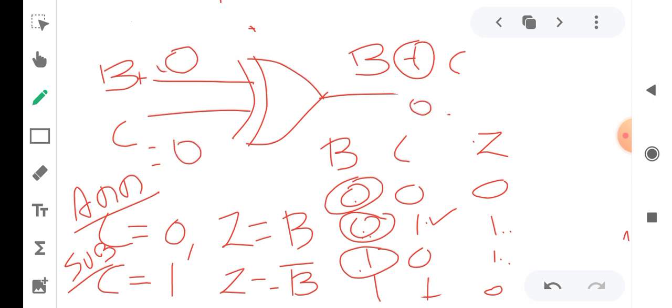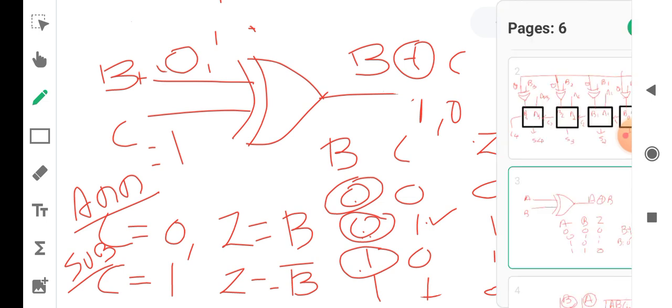If you give 1, then it is 1 here. When C is equal to 1, if B is equal to 0, then Z is equal to 1 here. If B is equal to 1, then Z is equal to 0 here. So this is how this XOR gate operates.